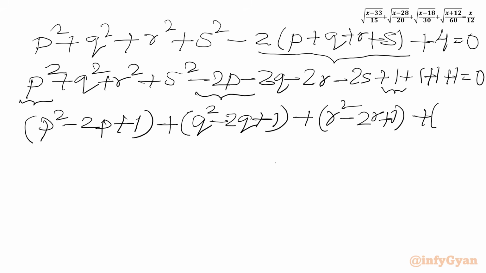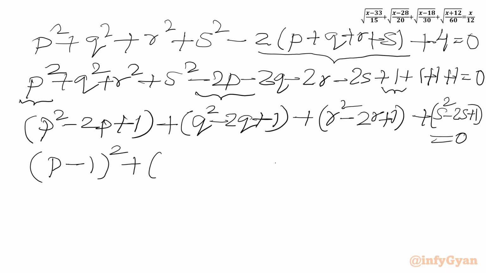Then in the fourth bracket we'll write S square minus 2S plus 1 equal to 0. In each bracket we have one perfect square. Here we'll write P minus 1 whole square. Then we have Q minus 1 whole square. Then we have R minus 1 whole square. Then we have S minus 1 whole square